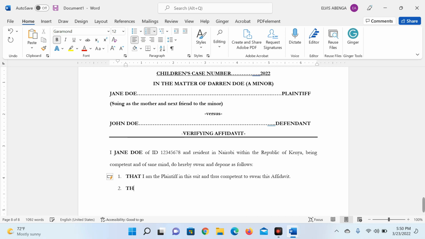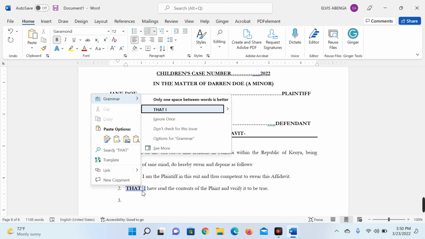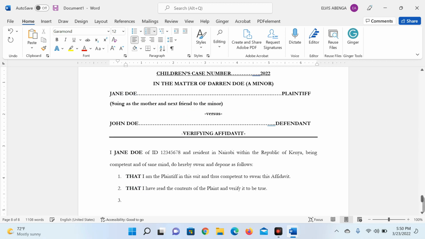Then you go and say, so the purpose of a verifying affidavit is to verify that the plaintiff has read the plaint and agrees, and that's the true position. So you say that I have read the contents of the plaint and verify it to be true. Then you say that